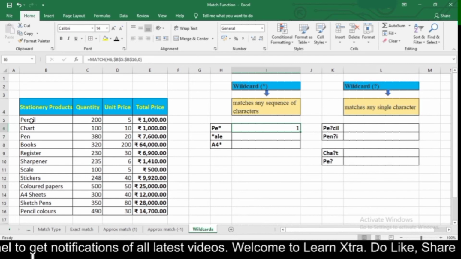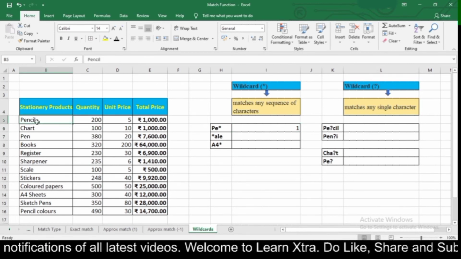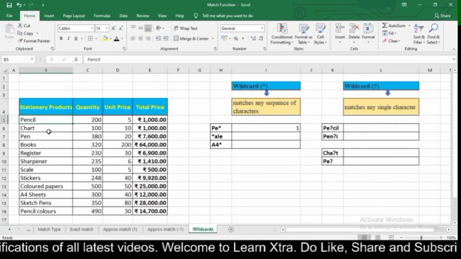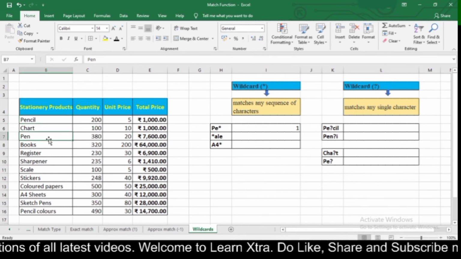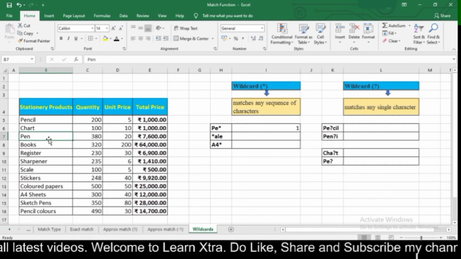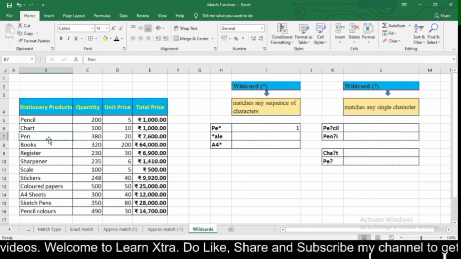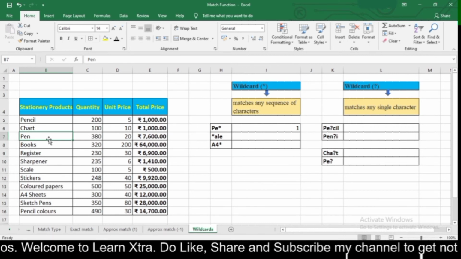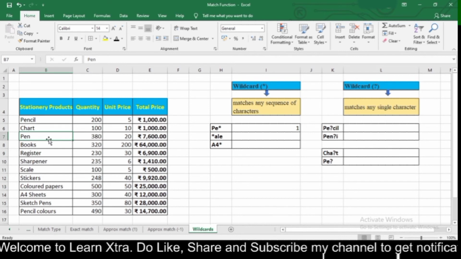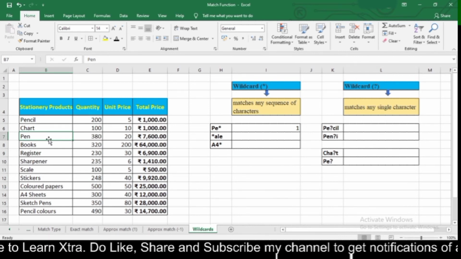So here I got my answer as 1, because a text starting from PE is pencil, but here I also have another text which starts with PE, which is pen, but it shows the answer as 1, because it always takes the text which is first in your data, and pencil is first in my data.